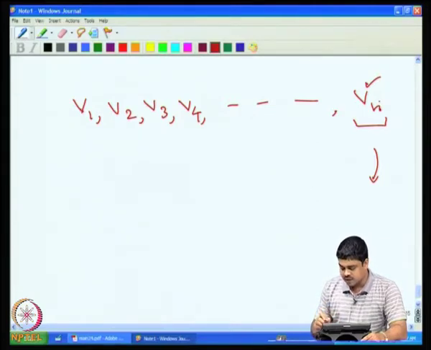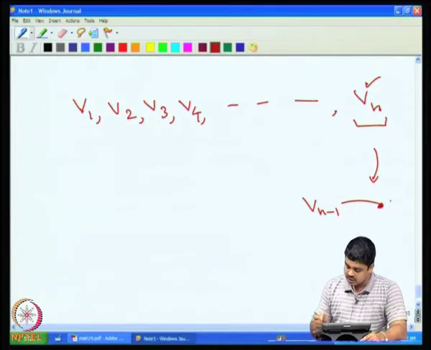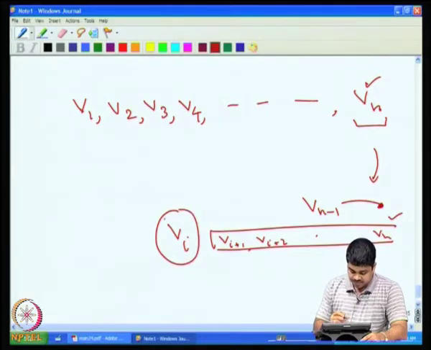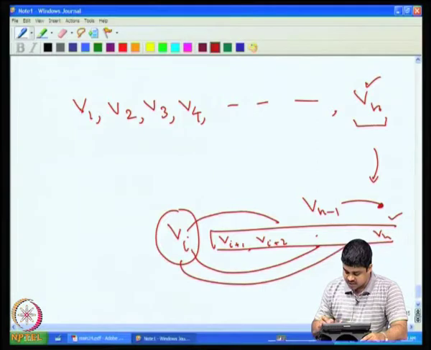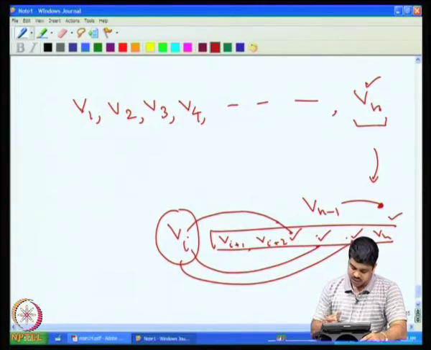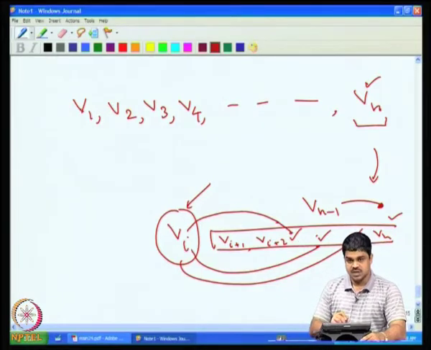So, Vn will be given color number 1, and Vn minus 1 will see whether Vn is a neighbor or not; if it is, then we will use the second color. And in general, when I am coloring Vi, after coloring all the higher numbered vertices Vi plus 1, Vi plus 2 up to Vn, I consider its neighbors which are already colored, that means neighbors which are higher numbered than this, and then see the colors which are already taken up by its neighbors, and then use a color which is available, which is the lowest color